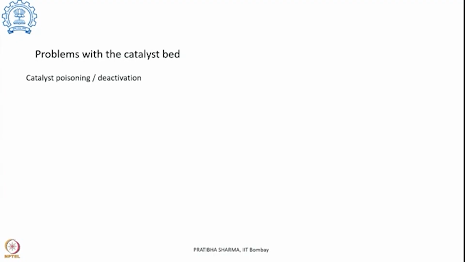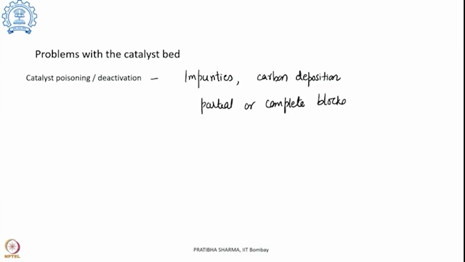Now if we look at the major problems and challenges associated with the catalyst bed, there are many factors that need to be taken care of. The primary constraint is the catalyst poisoning or deactivation, which is basically caused because of the presence of impurities and because of the carbon deposition. This carbon deposition has a substantial effect on the catalyst deactivation. What that leads to is either partial or complete blockage of the reformer tubes,